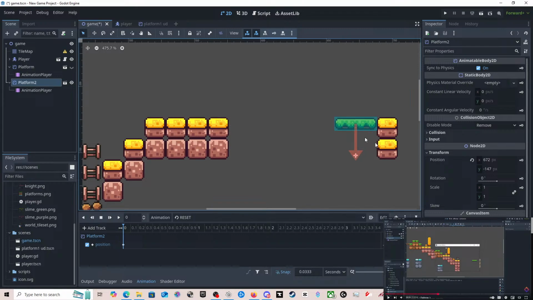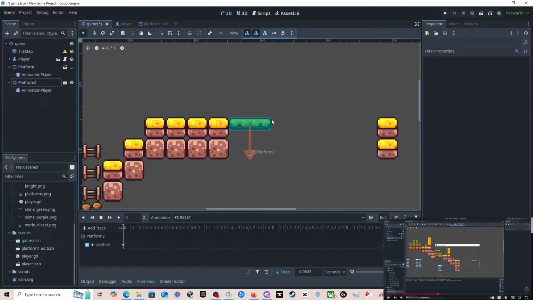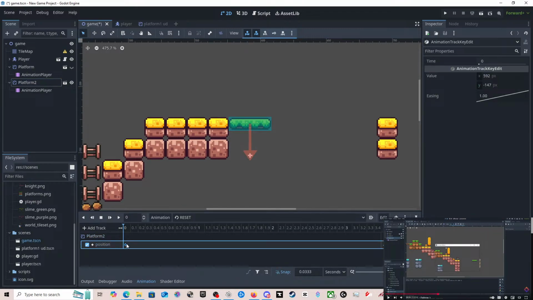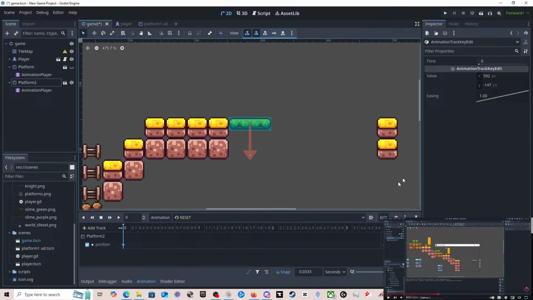To... No. Stay there. That. Keyframe. Why does it keep changing? Keyframe. Keyframe. Why is that not doing what it's supposed to be doing? Like keyframe 1 is there, but